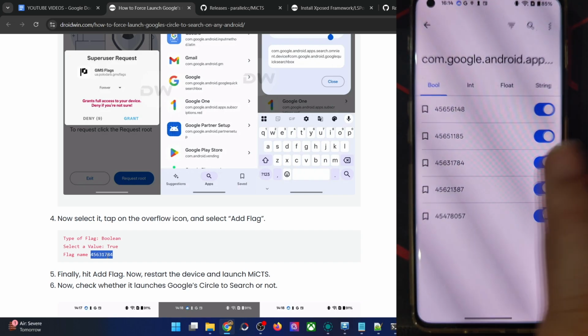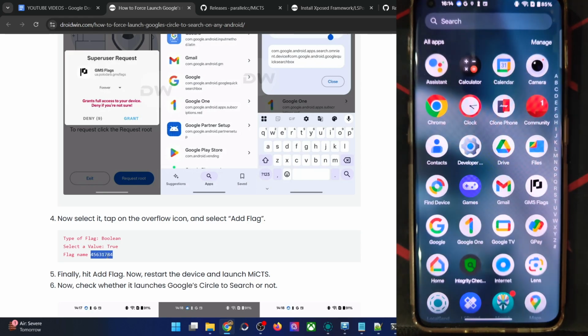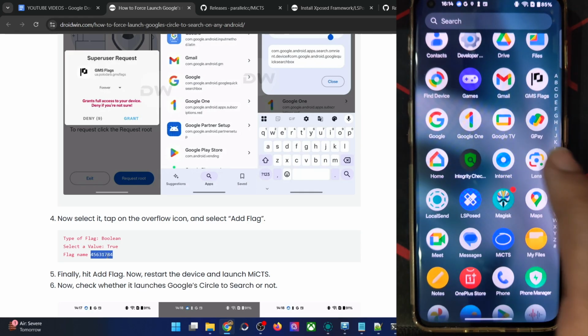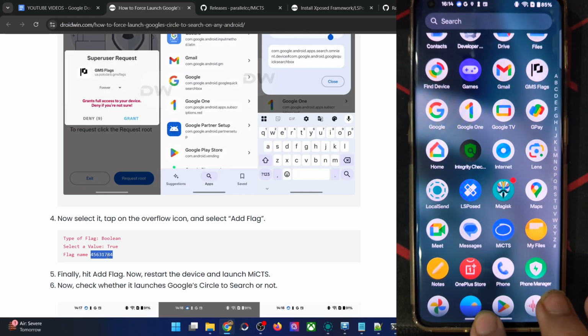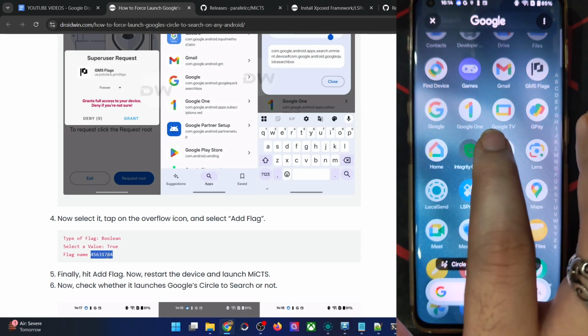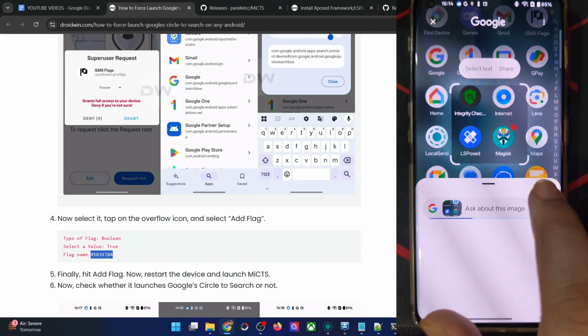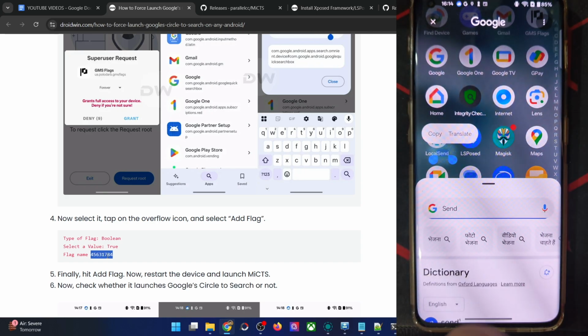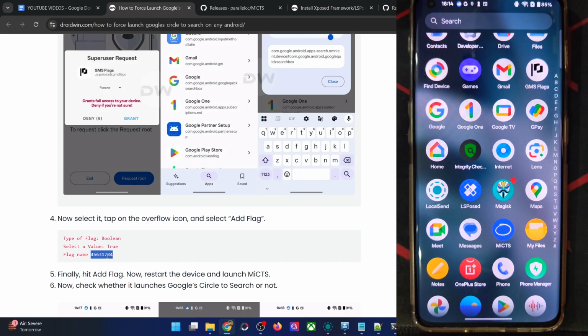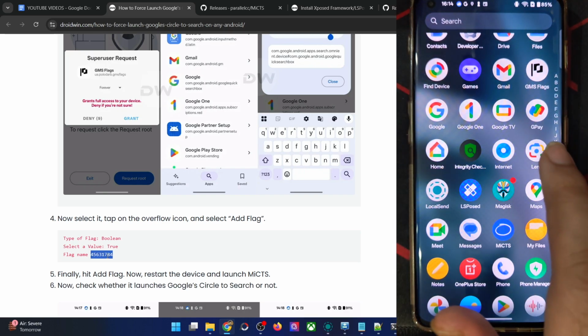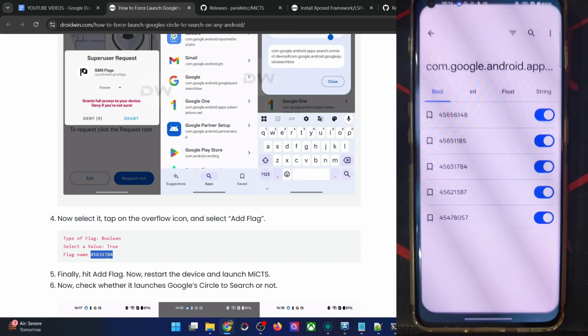Once that is done, do a restart. After a restart, launch the app, and now you'll be able to use it without any issue whatsoever. If you're still not able to use it, then please force stop the Google app and do a force restart of the Google app around 4 to 5 times until it works. As you could see in the app as well, it has told you.